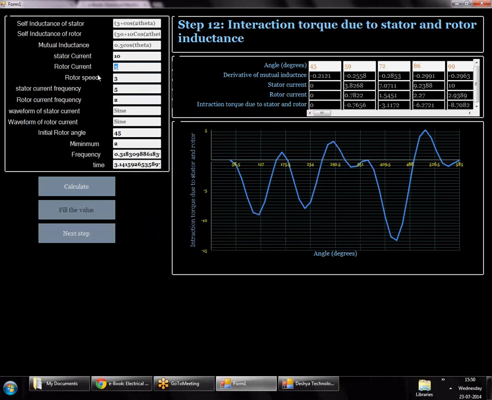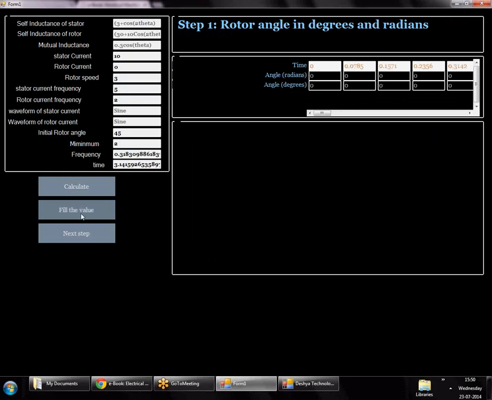So what I can say is that I give my rotor current to be 0. In this case there is not going to be any interaction torque because the rotor current is 0. Interaction torque is a product of the stator current and rotor current. Since there is no rotor current, the interaction torque is going to be 0, the rotor reluctance torque is going to be 0, and we just have the stator current. So in this case we will have no reluctance torque due to the stator. The reason being that the stator frequency is not equal to the rotor's rotational speed.